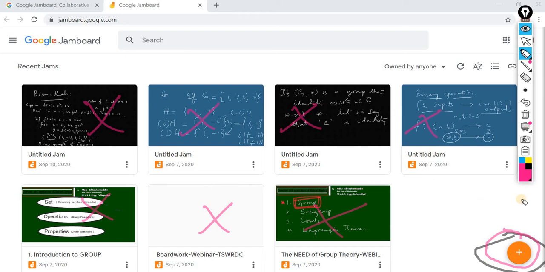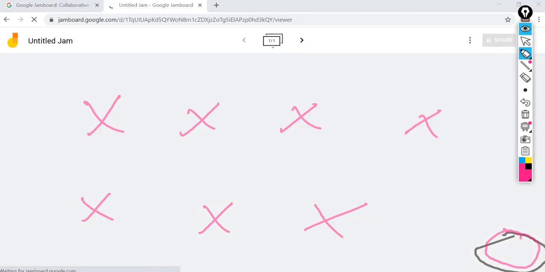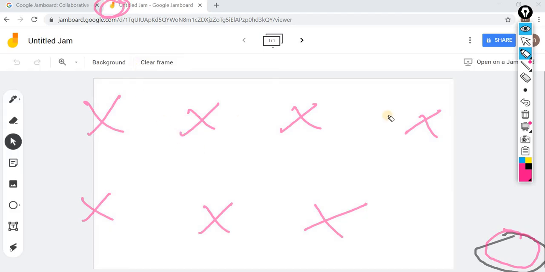Now right now I am using the highlighter, so I have to go for the cursor. I will use the cursor now. I will use the new jam. Okay, so here you see it is not yet opened. Be careful, don't think that something is wrong. Everything is okay. Now this is not meaningful for this particular screen, so I will delete this one.